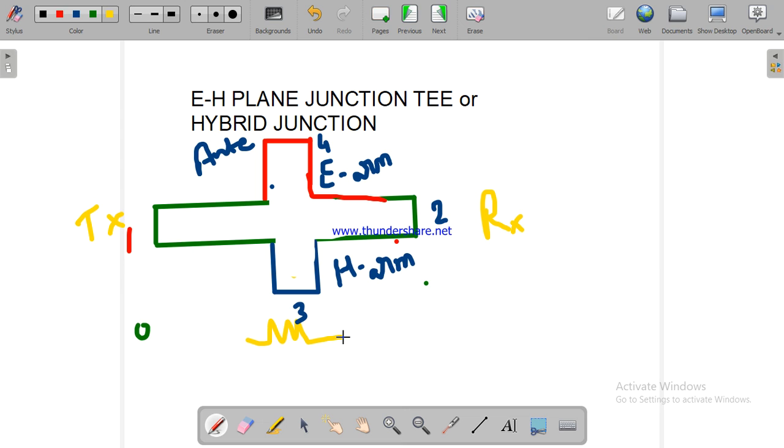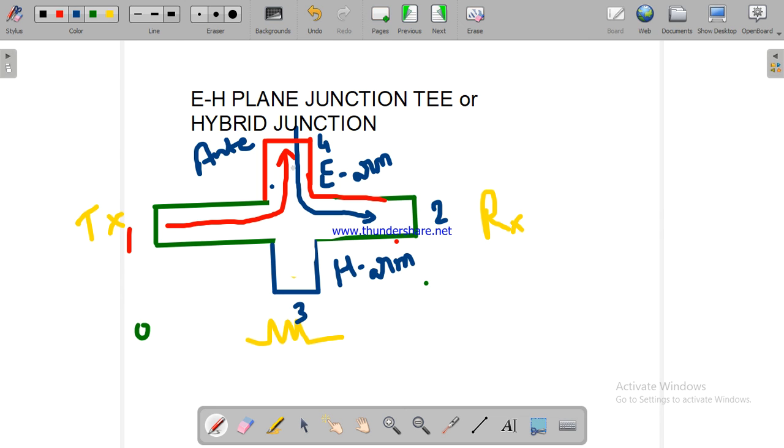Here, duplexer means the antenna must transmit as well as receive continuously without any delay. So whatever energy is transmitted, the signal must arrive at port 4 as well as port 3. But here, due to the matched termination, the energy is not reflected. So the energy will be directly transferred to the antenna. The same antenna receives the energy, and it will arrive at port 2 only, but